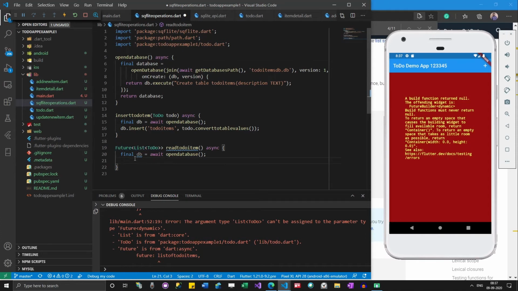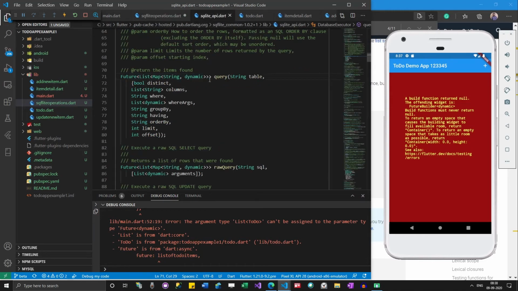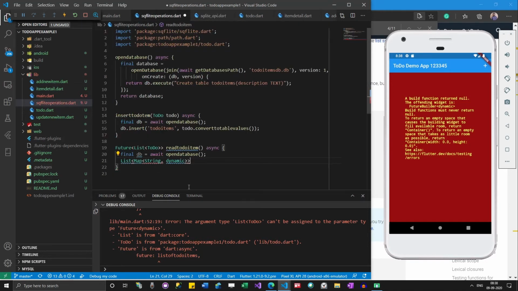So for that we need to create another variable which is of this type. Let me take this part from here and put it like this. todoListValues is equal to await, we need to await, db.query of to do items.